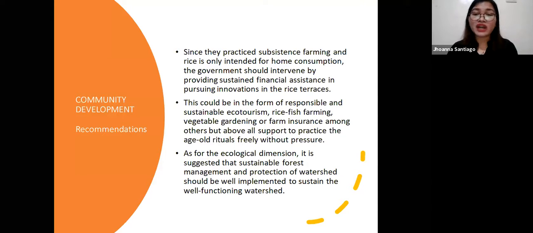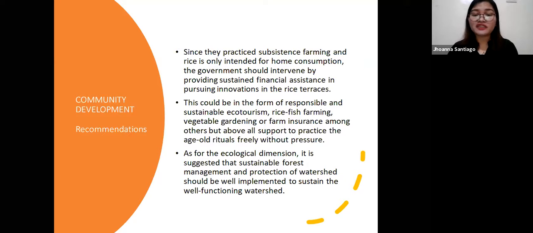And there should be rice fish farming for another source of income and vegetable gardening, especially in the areas not irrigated or damaged as of this time. And the government should also assist them with farm insurance, among others, but above all, support to practice the age-old rituals freely without pressure. So for the ecological dimension, the tree diversity, the penutrue, and the woodlot, it is suggested